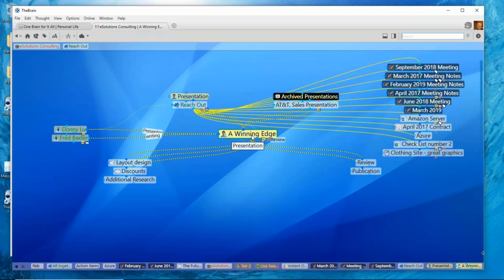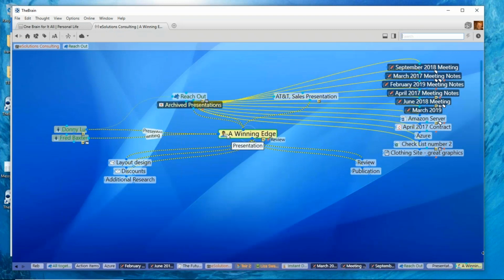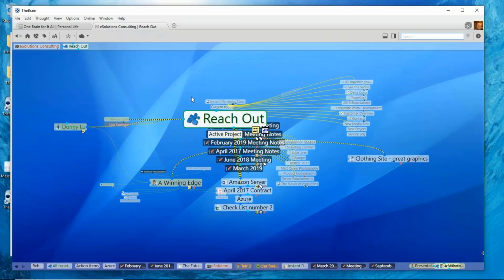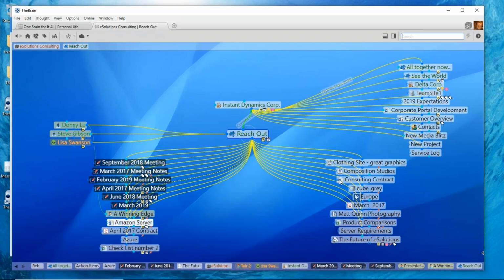Now that I've assigned a color code to it and an icon, I really don't need this presentation appearing in the Plex. So I'm simply going to right click and remove. So it's not visible, but I can still see obviously the little icon and the winning edge there is showing up with that yellow background. So if I go back to reach out, I can go through my list